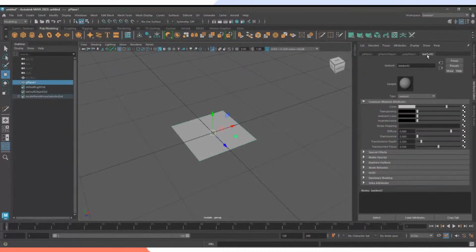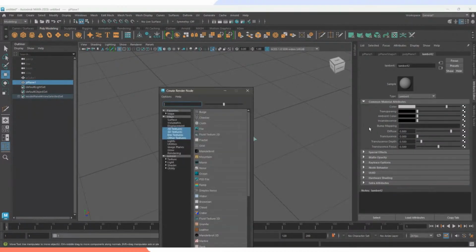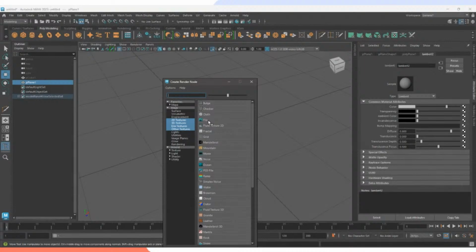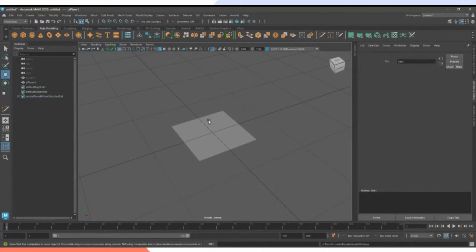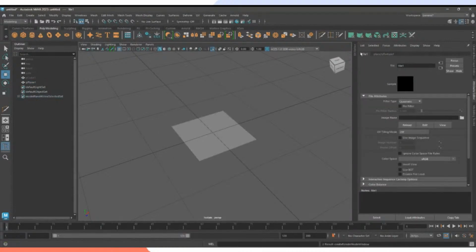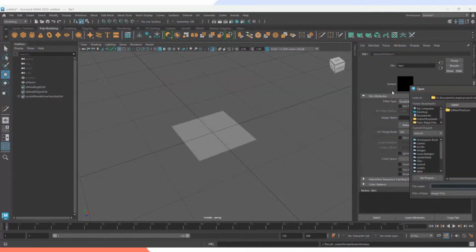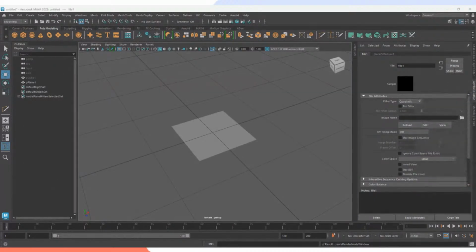we are going to import our own reference. So we're going to press this checkered button to create a render node. We're going to click File. Now this is going to be the attributes of the material, and we're now going to pick our material. Let me just find that image,